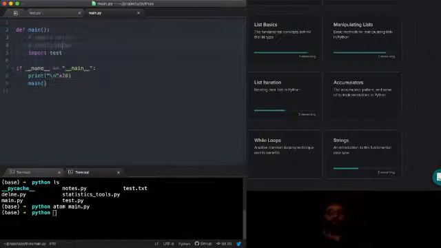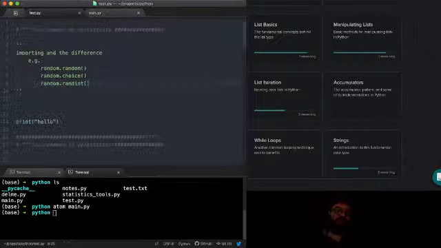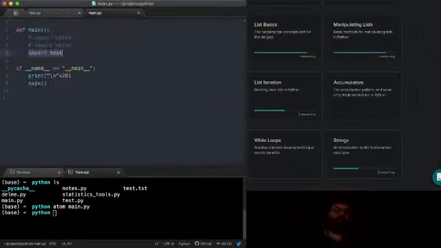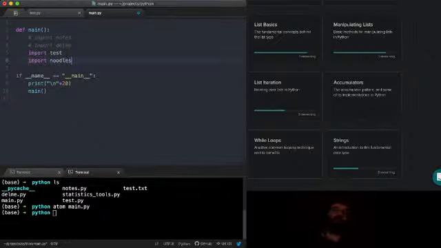I have these other two commented out because I'm not using them at the moment, and I'm importing the file that I'm actually using, right? This is called test.py. If this was called noodles.py, I would say import noodles, and that would bring in the Python file in the same directory as main.py called noodles.py.